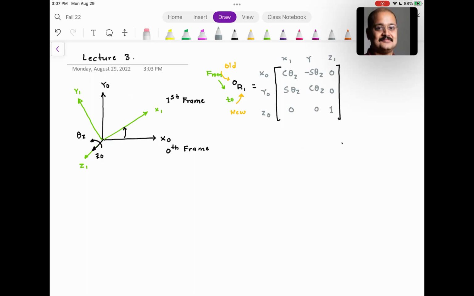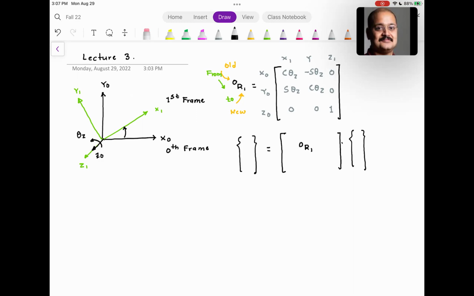In other words, this can also be written as, if you recollect, we derived this: you have the old coordinate vector, this is the transformation, and this is the new coordinate vector. Now, what we want to do is take this transformation, which is called 0R1,